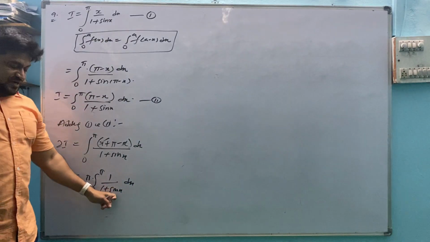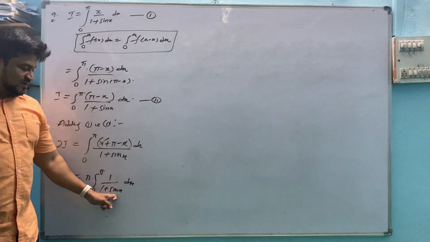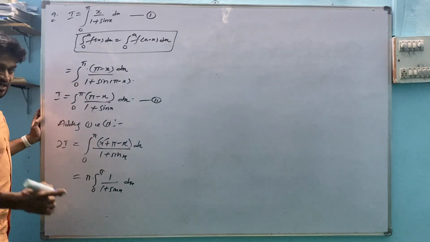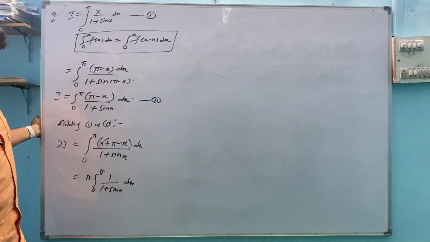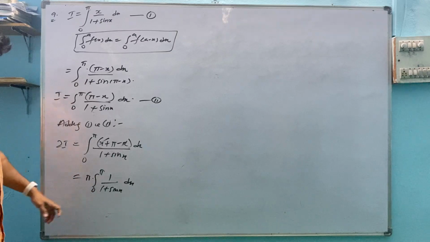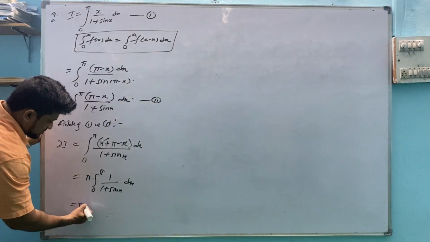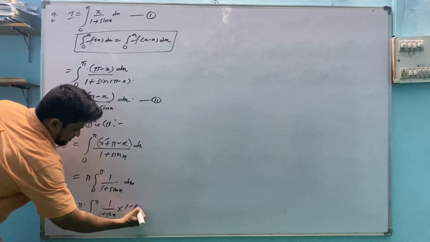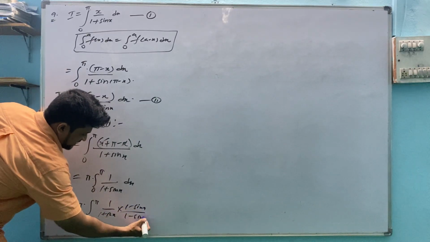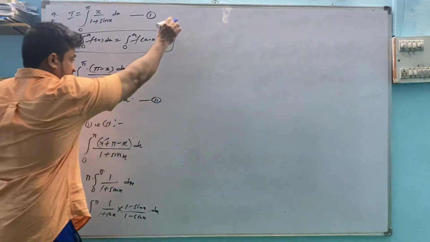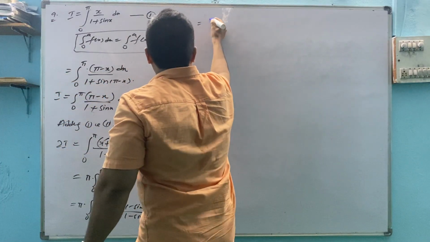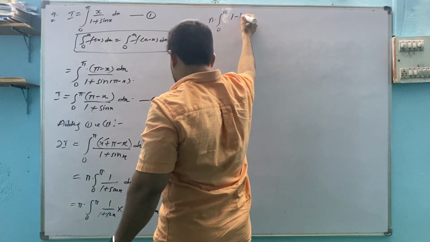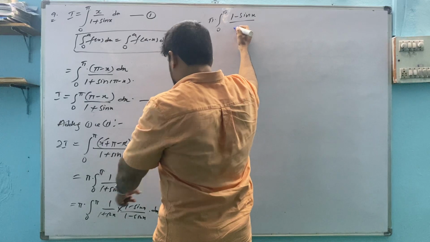Now 1 plus sin x: we can convert in tan, or else, in spite of converting in tan, we'll just rationalize this 1 plus sin x. Exercise, integration, first exercise, last problem, same problem, you have to rationalize this one. Pi integral 0 to pi, 1 by 1 plus sin x into 1 minus sin x divided by 1 minus sin x dx. 1 minus sin x by 1 square minus sin square,